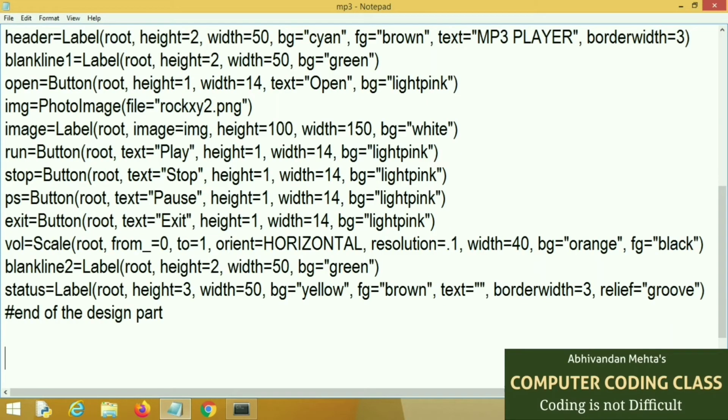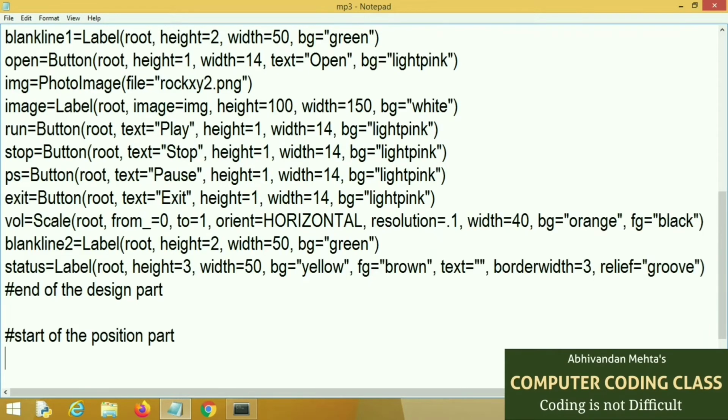Next we will position all these components on our frame. Here I am using the grid manager system for placing our components. You can also use the pack manager system. Here the whole screen is divided into rows and columns.